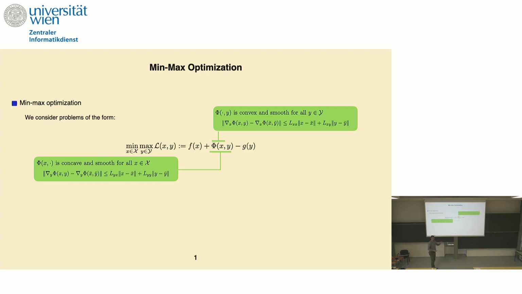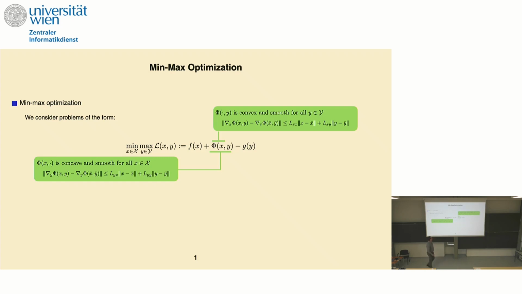Here, because we are not in the unconstrained minimization setting, there may be multiple Lipschitz constants. You can have a Lipschitz constant in the primal domain. You can have a Lipschitz constant in the dual domain. And you could also have things like L_XY, L_YX,